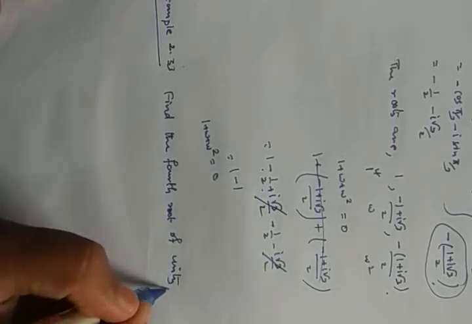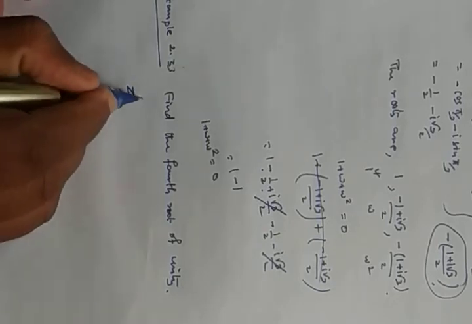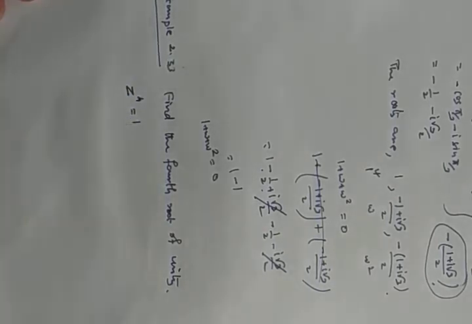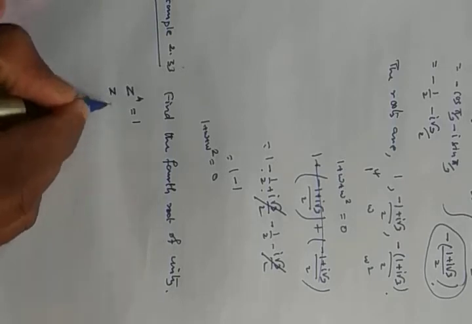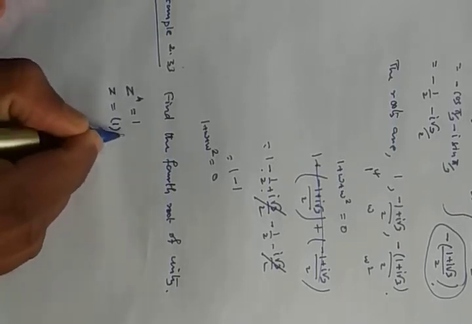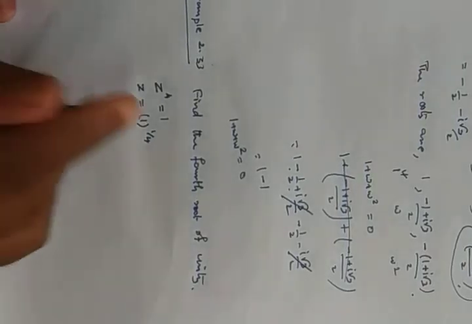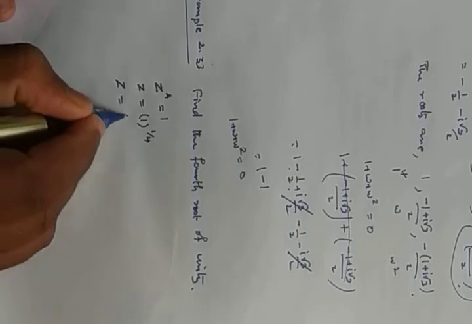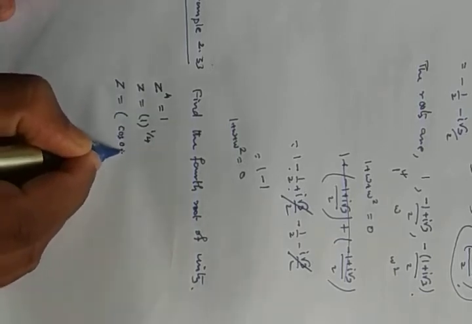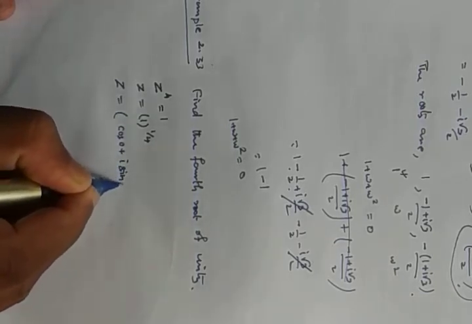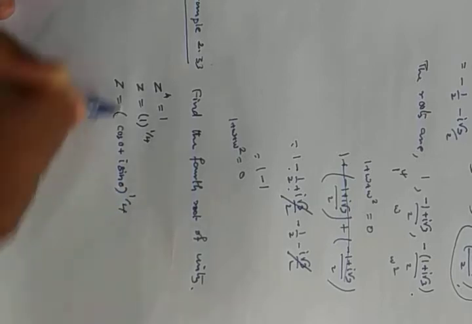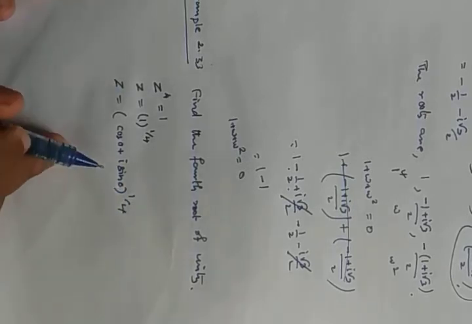In a similar way, we are going to find the fourth root now, that is z⁴ = 1. That is z = 1^(1/4), we need to do it here. The same argument applies: 1 we can write as cos 0 + i sin 0. For understanding I am writing it, since cos 0 is 1, sin 0 is 0, and 0 into i is 0.